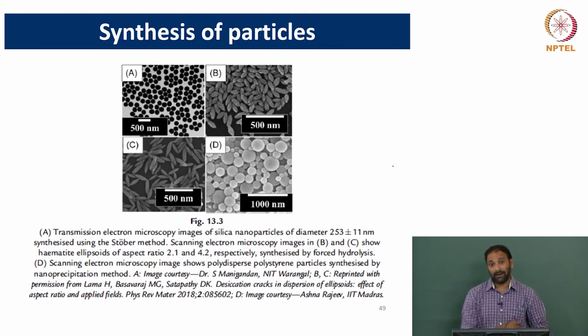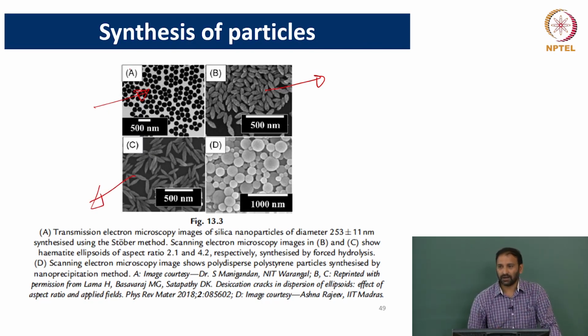Of course, you can synthesize them in the lab. These are some examples of synthesis from our lab. These are all synthesized by different people in the lab by well-defined procedures that are available in the literature. This is not invented by us, so things already exist. All you have to do is follow these procedures systematically and in a controlled condition, and you'll be able to produce particles that are spherical in shape, and that are elliptical in shape, these two. The first set of particles are an example of again silica particles, which are produced by